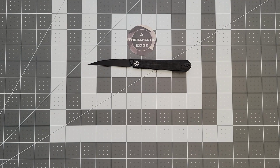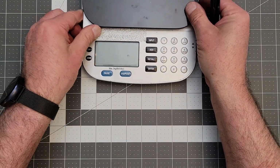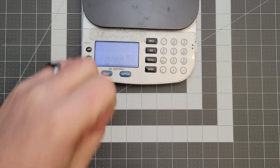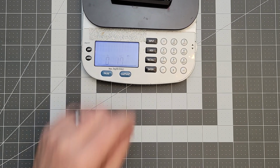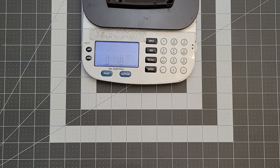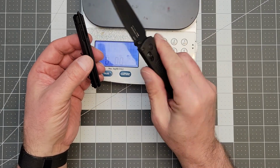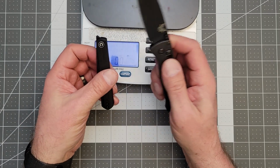Let's weigh it. Something this small, its weight has to be part of its charm, and it feels pretty light in hand. Okay. 1.7, whereas the bug out is 1.8. So as a weight-saving feature, you can either carry, essentially, a full-size knife with a blade like that, or the...